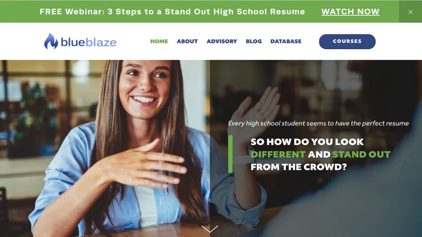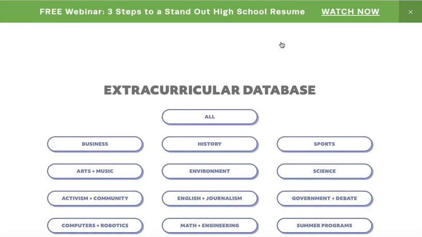Then, in the next lesson, using our guided worksheets, we're going to help you use the database to select a small number of really fantastic activities with wow factor that are going to expand your mind, deepen your interest, and importantly, help you jump out of the pile and stand out from your peers. Let's have a look. So on our website, blue-blaze.com, simply navigate at the top navigation to the database and click